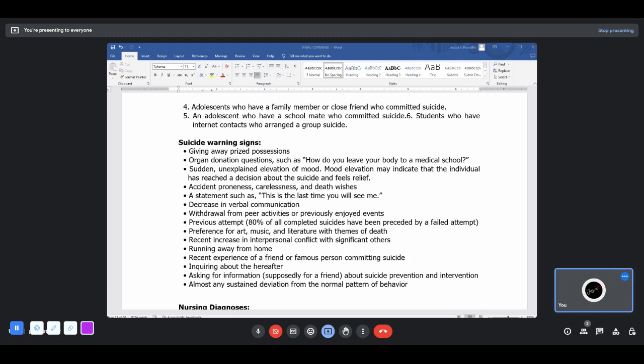Recent activities of a friend or a famous person committing suicide. Okay? And then inquiring about the hereafter. Ito yung life after death. Okay? Ano pa? Asking for information supposedly for a friend about suicide prevention and intervention. And lastly, a warning sign is almost any sustained deviation from the normal pattern of behavior. So, yun yung mga iwa-watch out natin na mga warning signs to prevent the suicide attempt ng mga client or